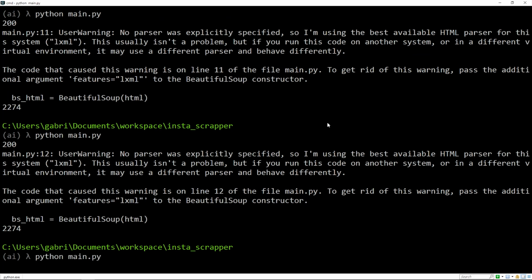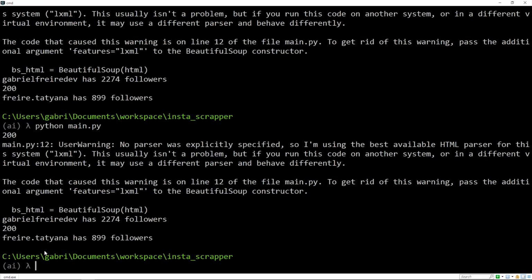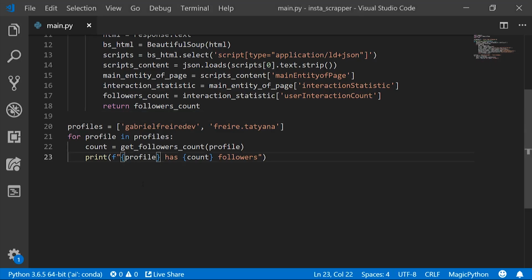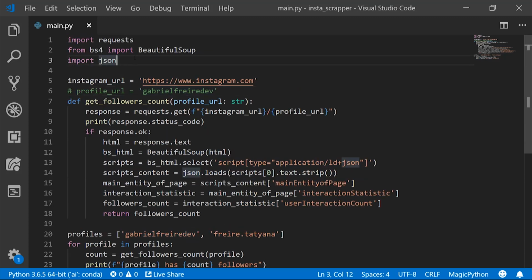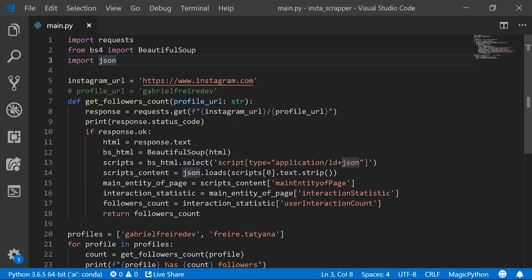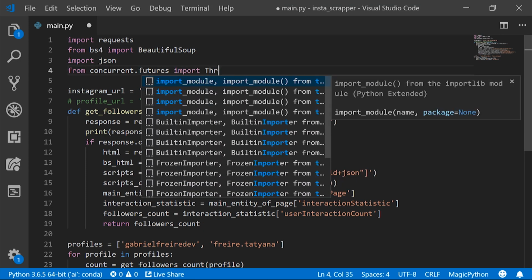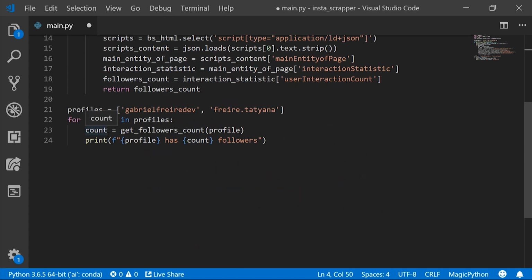Let's now see what happens. Nice, but it's quite slow. It's very slow. Okay, what can we do to make this better? We could use threads. Let's use threads, okay? So from concurrent futures import ThreadPoolExecutor, and let's do